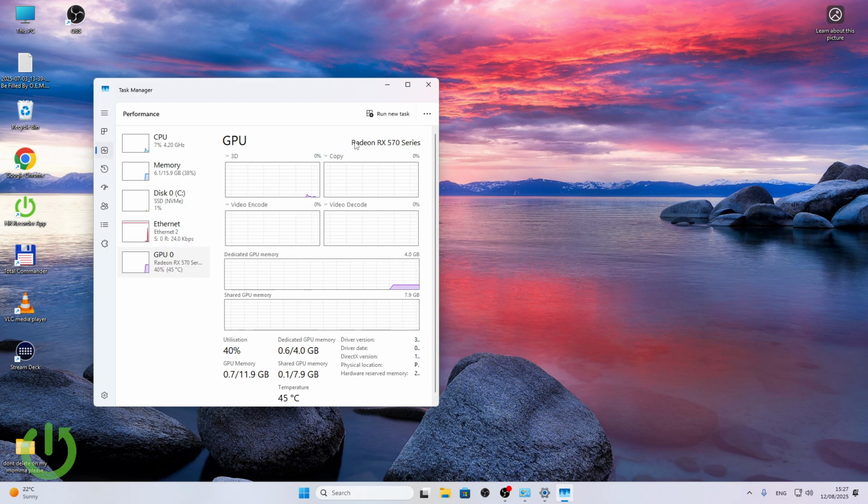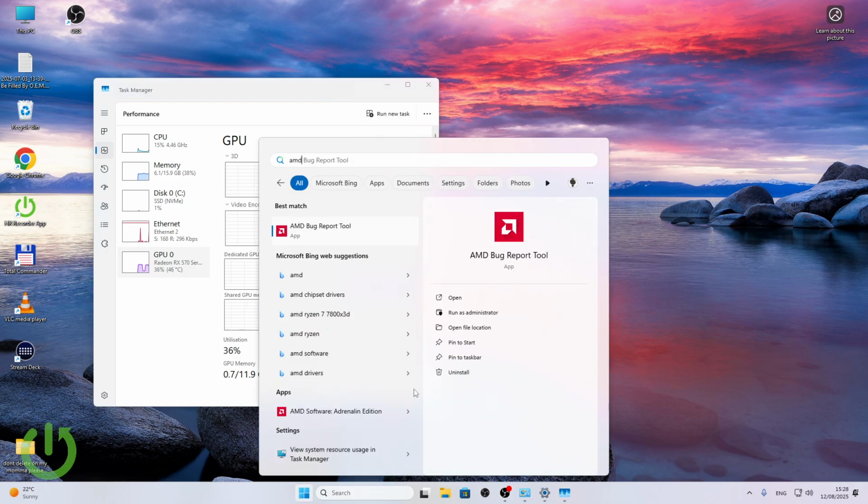You can see mine says Radeon. Radeon is AMD. If it says GeForce, then it's Nvidia. And if it says something like Intel UHD Graphics, then you know it's Intel. And you know what to search for in your apps now. I need to search for AMD software. If you don't have the software for your graphics card installed on your system, then you may need to just